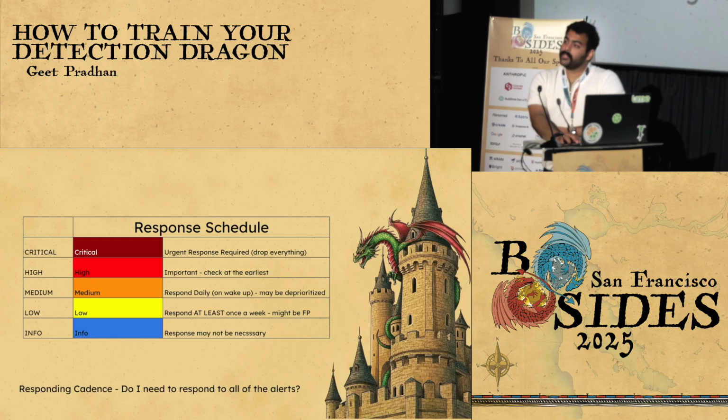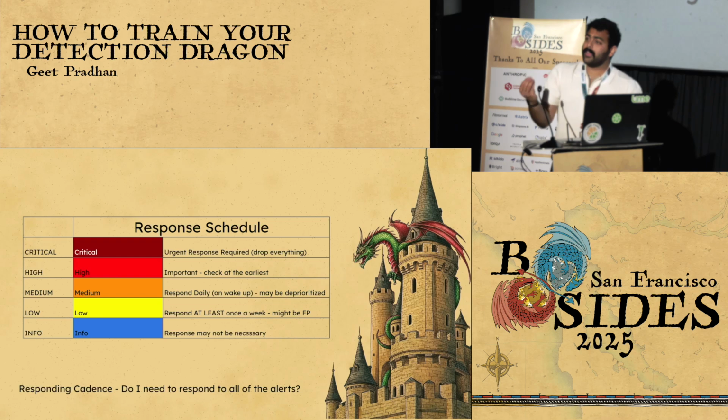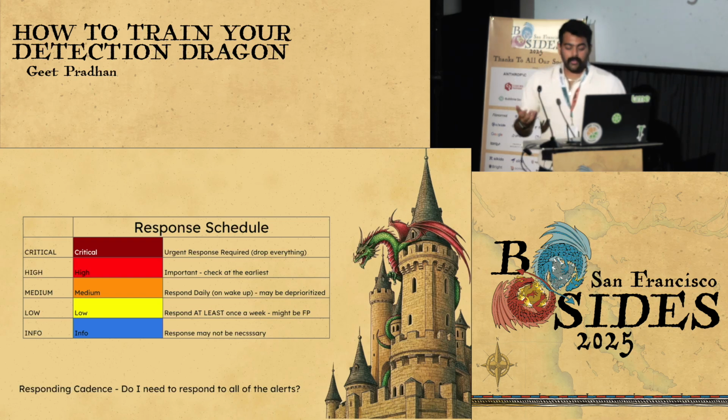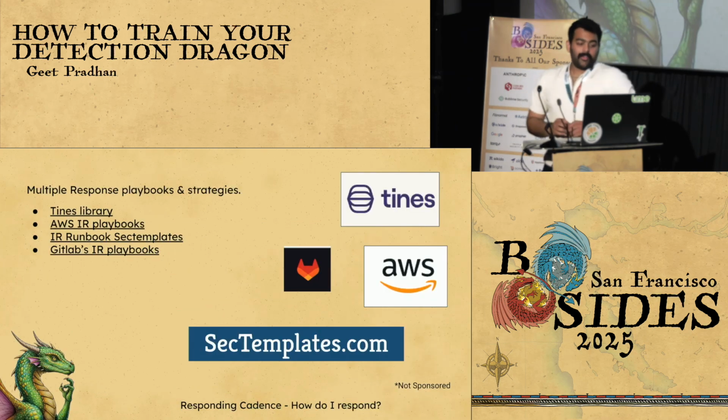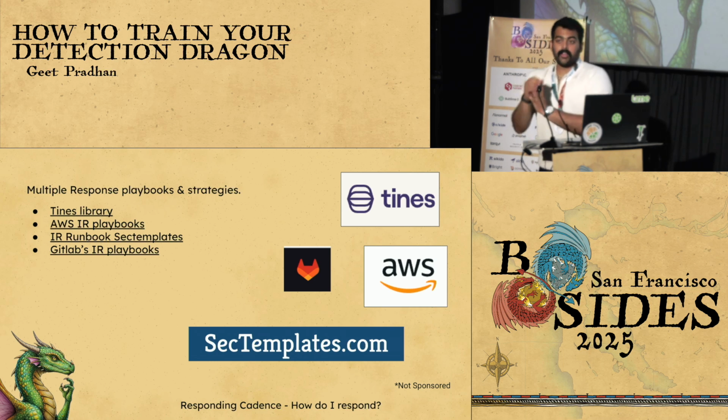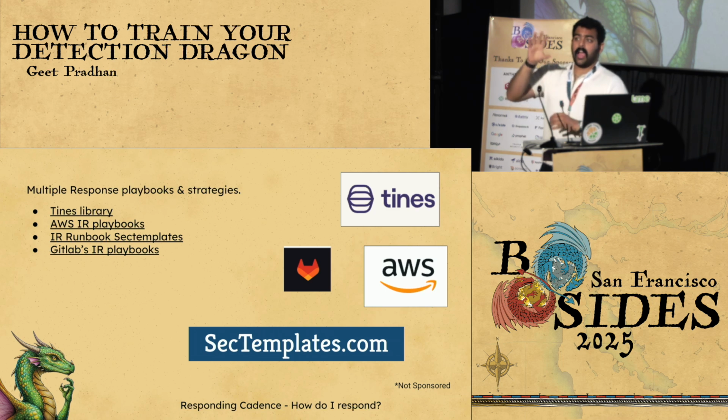Now, you'll tell me, hey, okay, you've told me all these things, but you're not giving me anything. What are you going to give me? Now, I'll give you some gifts. There are quite a few response libraries also, right? Now, naming a few of these, I've used AWS One for a few of these things. Tines has an automation library, but it really helps to understand kind of how other people are doing it. And honestly, you just have to Google sometimes, right?